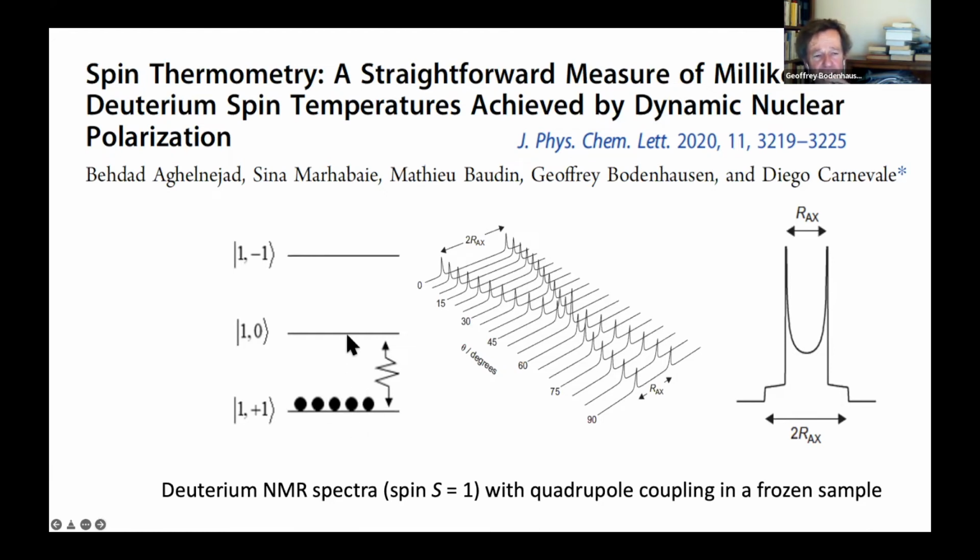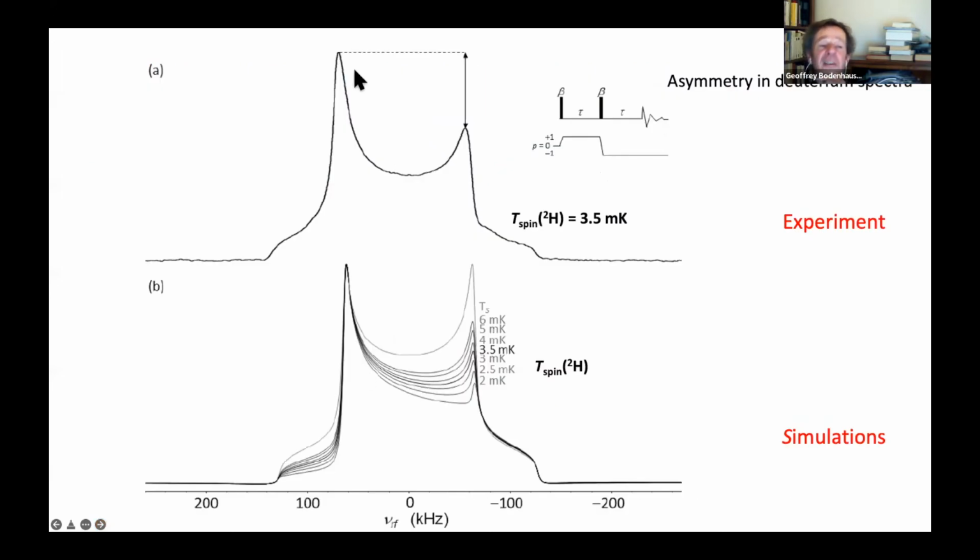And therefore, if you use small flip angles, don't ever use a 90-degree pulse for this kind of thing, say a 10-degree flip angle, you will have mostly this coherence, a transverse magnetization in the bottom transition, but very little in the top transition. And as a result of that, one of these two doublet components will vanish, or if you prefer, one of these two horns will vanish. Although we never quite managed to get them to vanish, we could have very marked asymmetry. And Diego could simulate spectra of this.